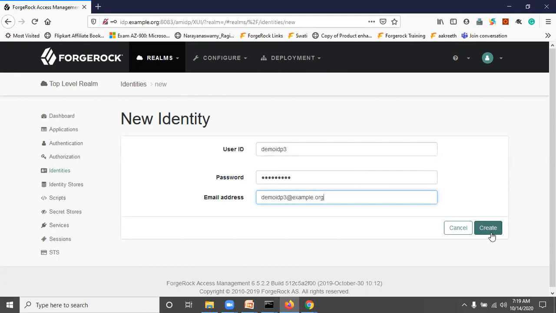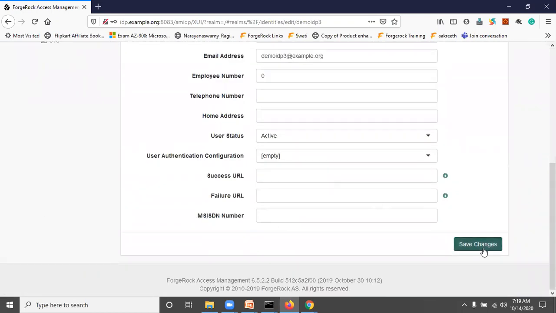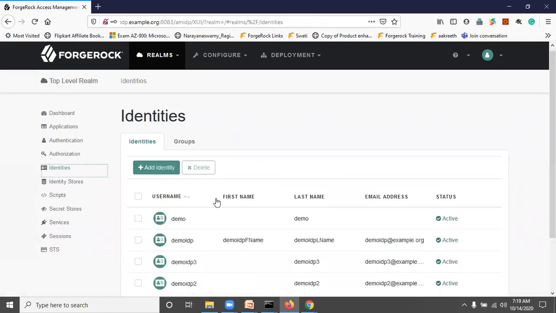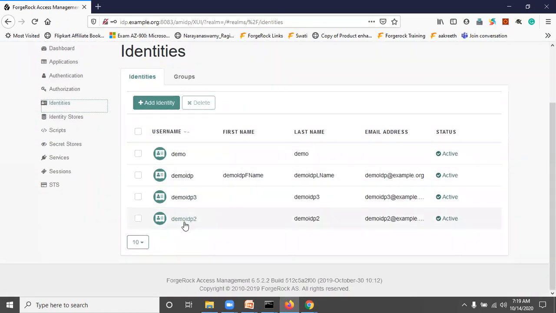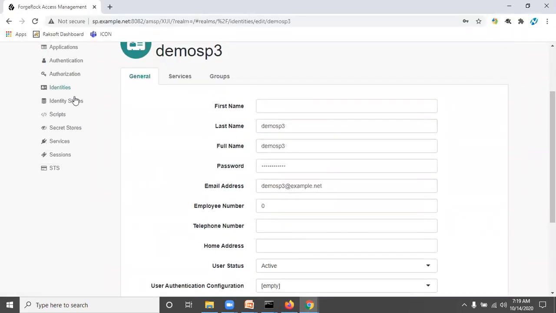Okay, so now we have created users in IDP as well as in SP. You can think this is one user only, but the user has a different email ID and different username in IDP, and the same way a different username and email ID in the SP also. So now we are going to make the single sign-on by using the SAML2 authentication module.